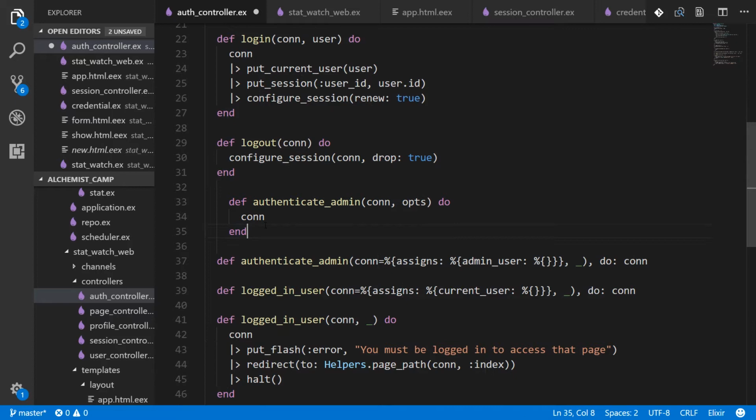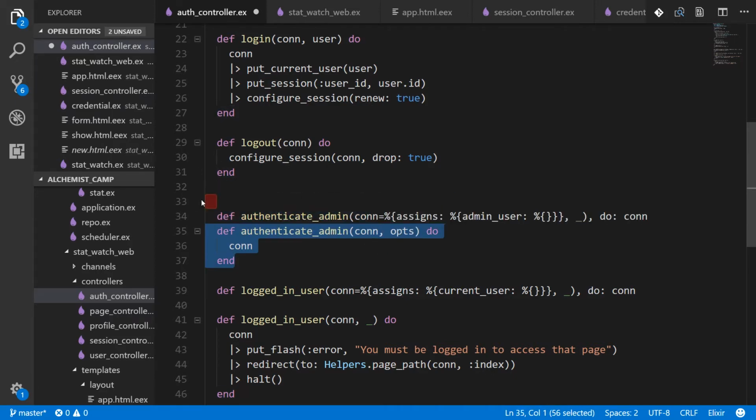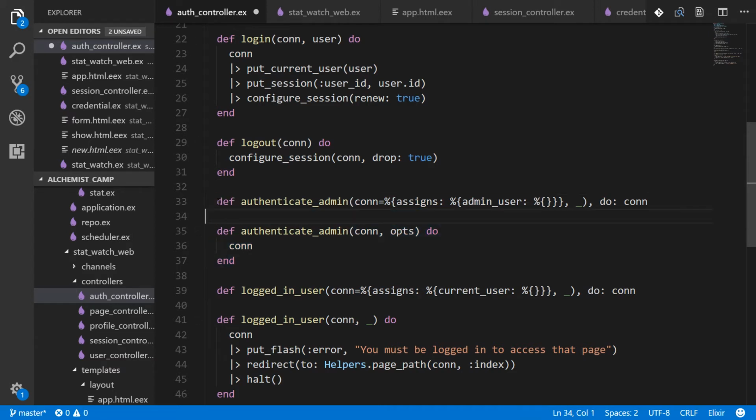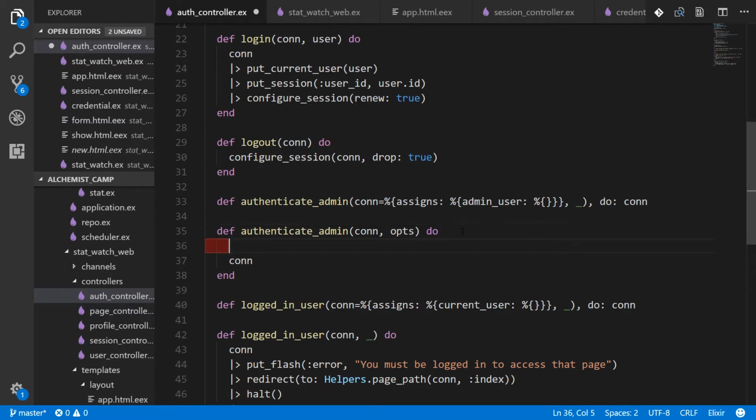And this authenticate admin is going to be the not so happy path. And in this case, it didn't match the first one, therefore they must not be authenticated. So this time we're going to check the ops, which were completely ignored in logged in user. And there's one option we'll call poker face. And if that's passed in, then it will just pretend the page does not exist. So if ops poker face,